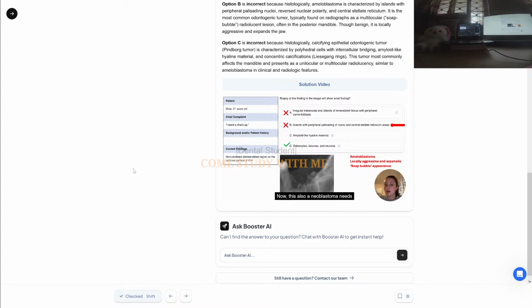Now, this also, ameloblastoma, needs to be treated, while mandibular tori do not. And finally, once again, what's most important to the question, the histopathological findings are very different for the two lesions, and you'd be able to diagnose off of them. And finally,